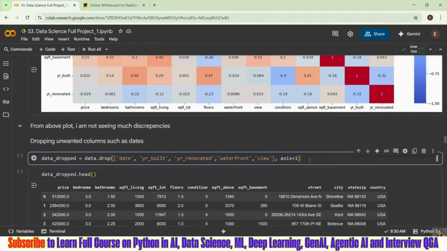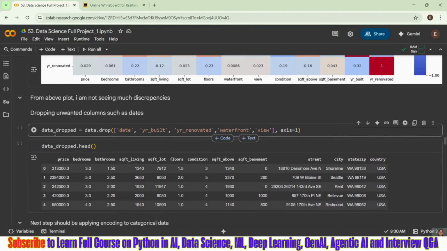We have to work with features, so we have to drop the unwanted features first to proceed further. I dropped my unwanted columns such as date. Why should I need date? I do not want to know that. Then year built, year renovated, waterfront. Do we have any waterfront, any park, any swimming pool?